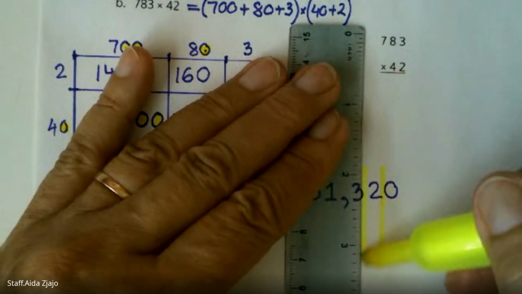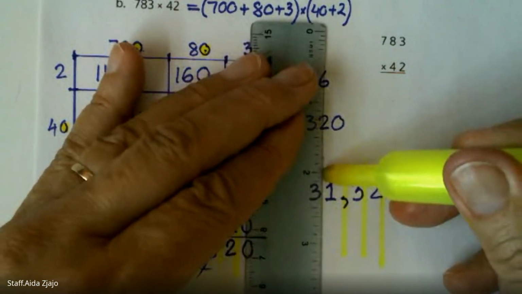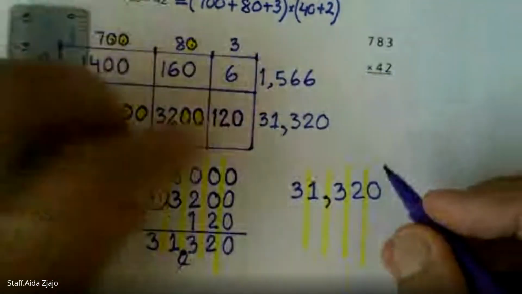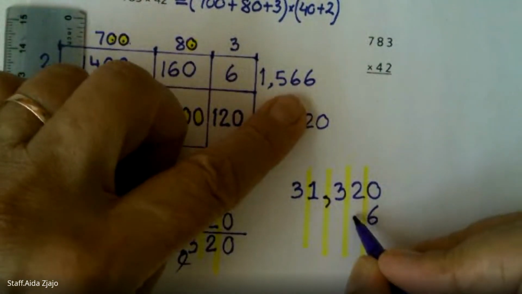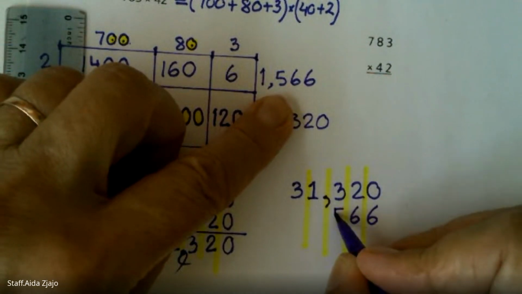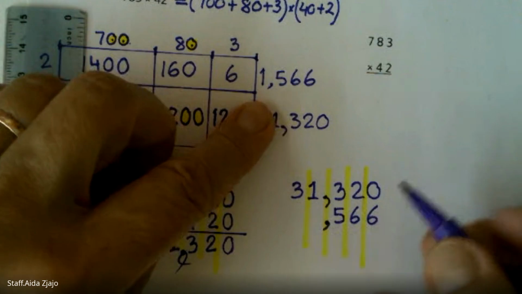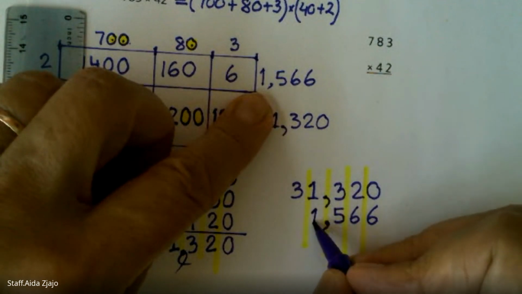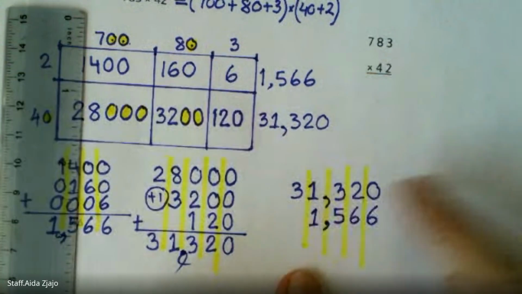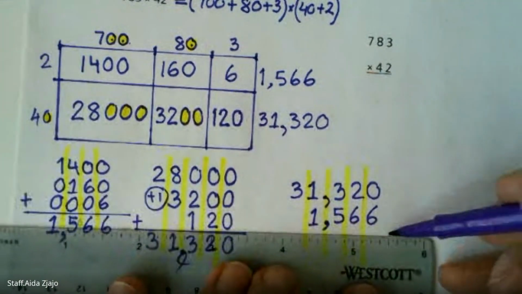Right, line them up. And add 6 ones, 6 tens, 5 hundreds, comma, and 1,500, and that will give me